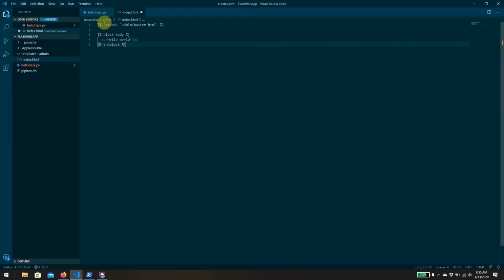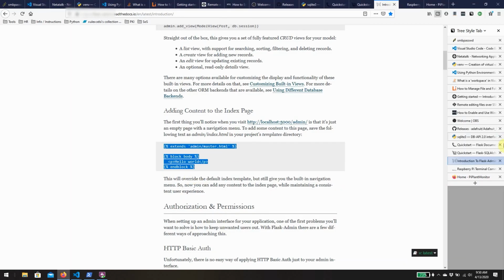So it tells it that it extends the master HTML template, and it tells it what to put inside of the body. But hello world is a little bit boring. It's been done before to death. So let's create something a little cooler, like that. Now, if we review our home page again,